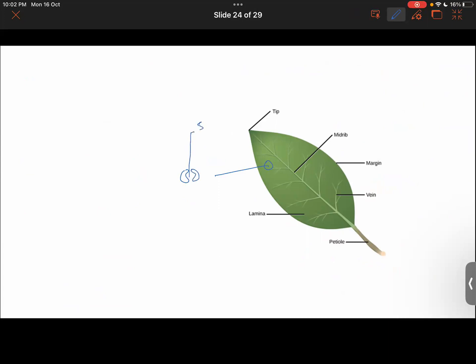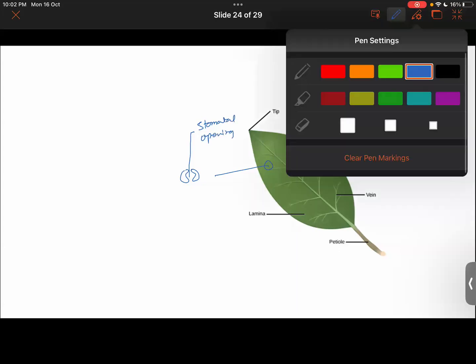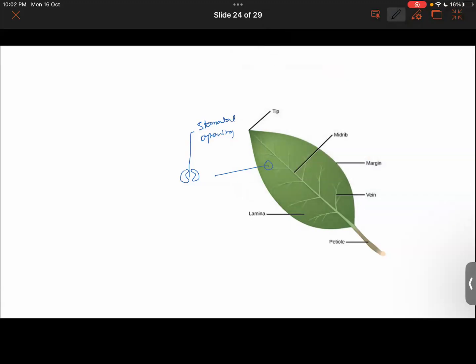This is called stomatal opening. What do we call that, Abu? Tiny openings. Stomatal openings. So stomatal openings are what? Like tiny openings. Exactly. These are the tiny holes in the